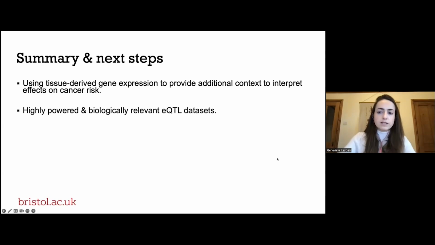So firstly, this study really benefited from gene expression data sets with a strong biological relevance to the phenotype. So we know that variation in homeostatic neural mechanisms and in adipose tissue have important effects on body composition and body size. Furthermore, the eQTL datasets were derived in bulk tissue samples, but from equivalently sized studies and actually from quite large sample sizes. So the study wasn't extended to include other tissue types right now, as the available datasets were underpowered. But there's a lot more that could be explored in this area.